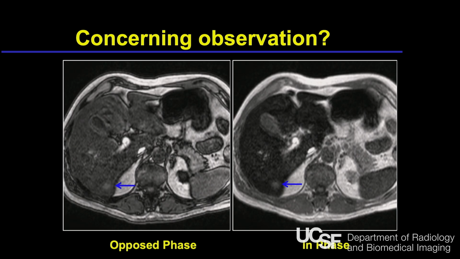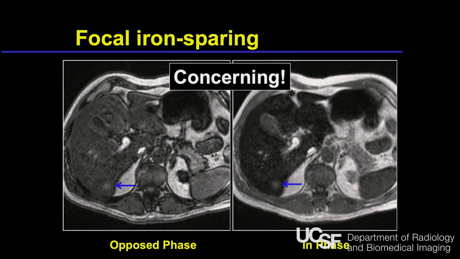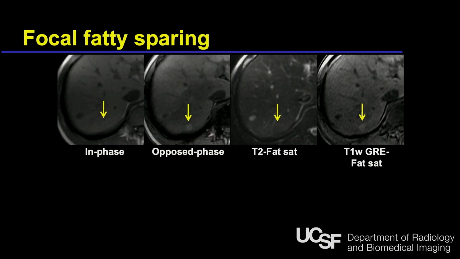So this is a focal iron sparing lesion. We need to observe that and follow it just to make sure it doesn't grow or change. But iron is a good finding for tumors. This is a focal fat sparing focus. So the